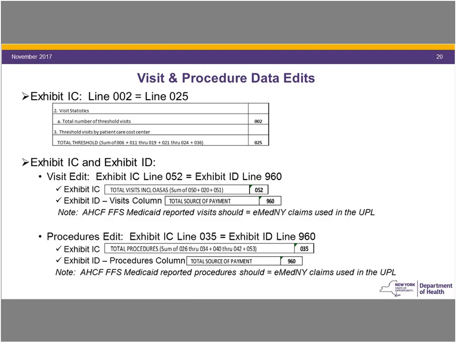So if you're looking at what's reported on 1D, that should be your total procedures, your total visits. And that should tie back to all those rate codes that we're showing you that are being used in the UPL. So that's how we've designed it, so that when we are pulling from the cost report your Medicaid utilization,